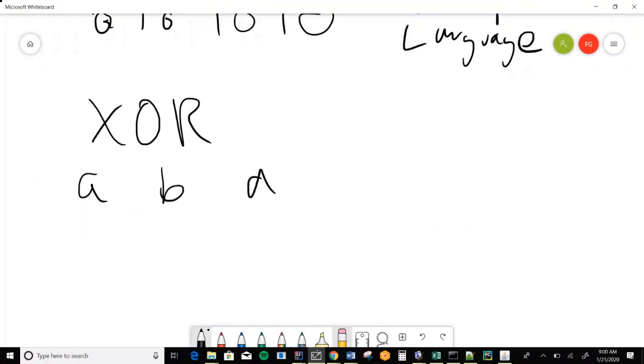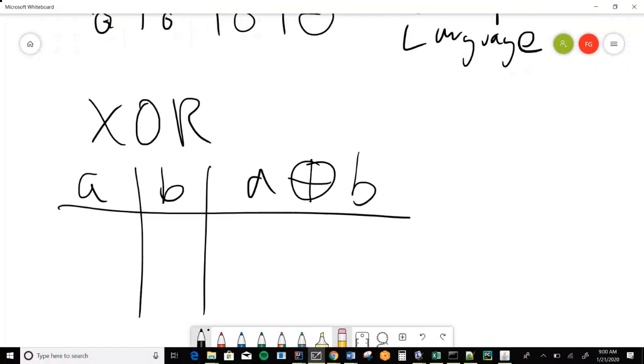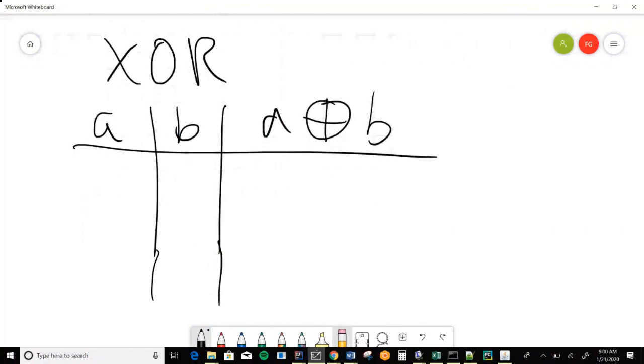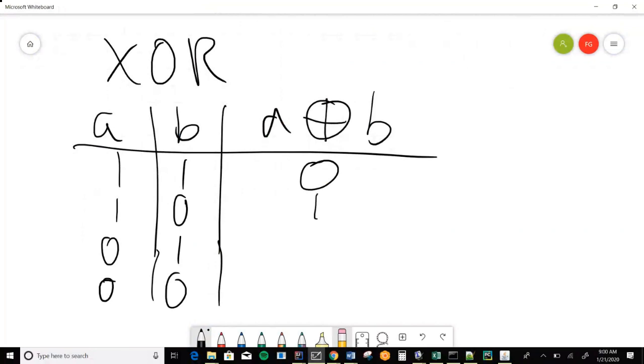So we've got A, B, and then there's this traditional symbol for XOR, which is a circle with a plus sign in it. Okay. 1, 1, 0, 0, 1, 0, 1, 0. So we're going to think about what this looks like. Well, if A and B are both 1, I am exclusive. You are excluded. That's a 0. If A is 1 and B is 0, okay, we've got something to work with. That's a 1. 0, 1, that's going to be a 1. If they're both 0, there's nothing there. If two zeros put a 1 here, what logic gate would this be? Hint, we saw it earlier. It would be NAND, yeah.